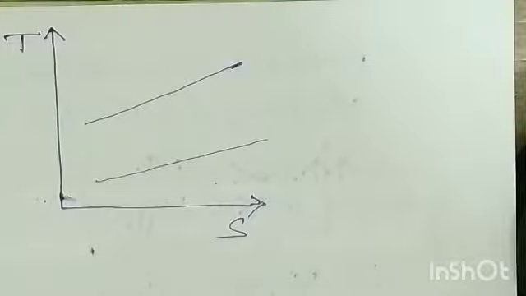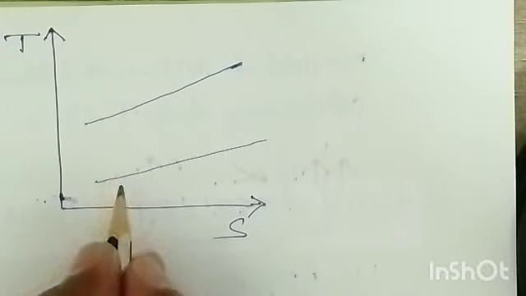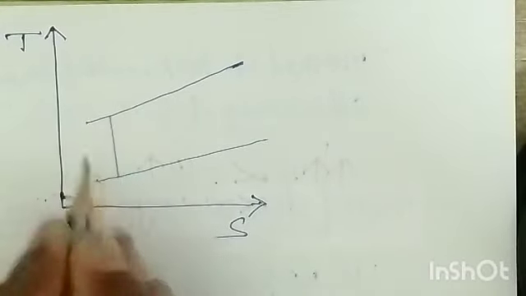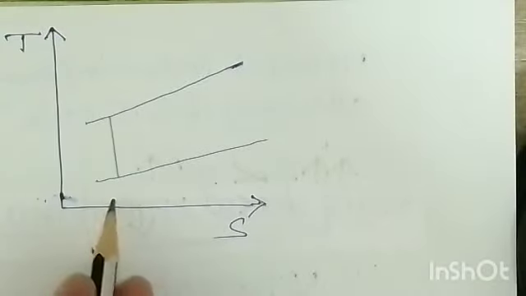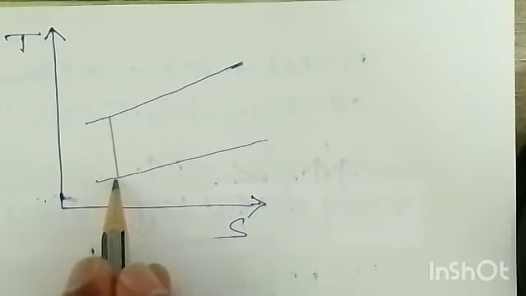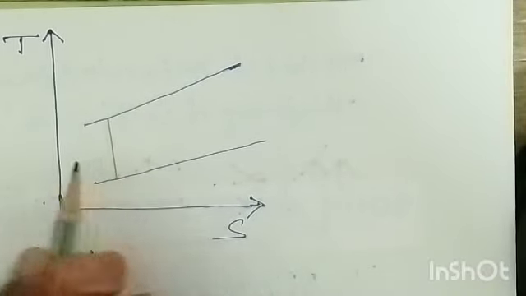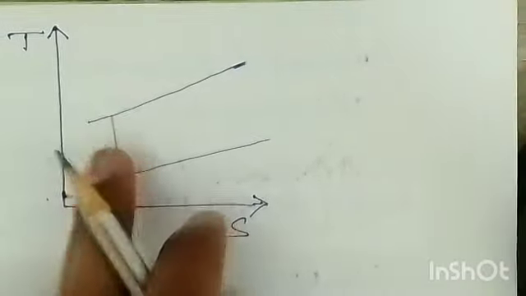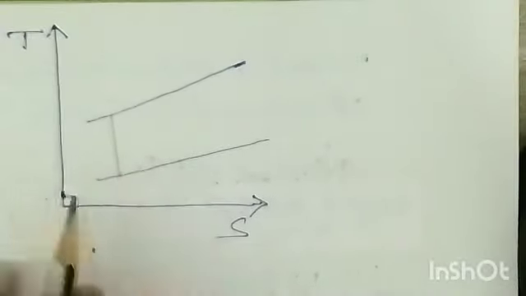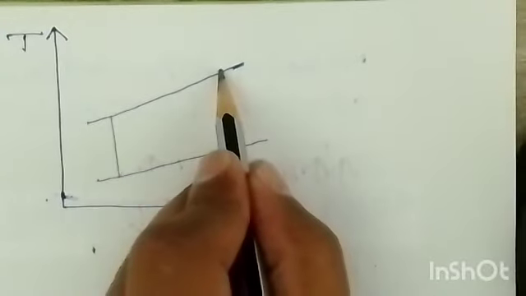First of all, we are compressing the air in the compressor, simply 1 to 2. It is reversible, actually isentropic compression, that is ideal. So if I say reversible, it is 1 to 2 dash, right? Ideally we take it as isentropic only. So this is 1 to 2, and then further we are